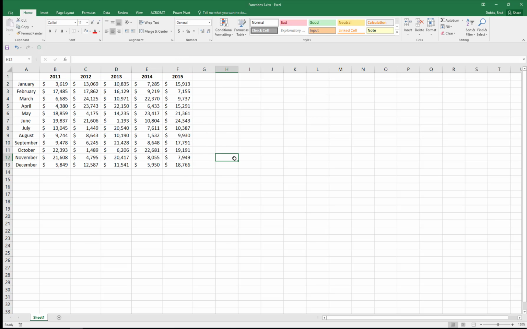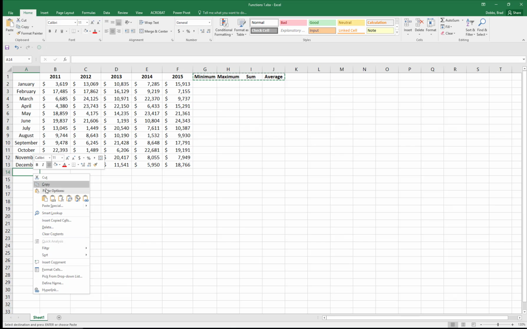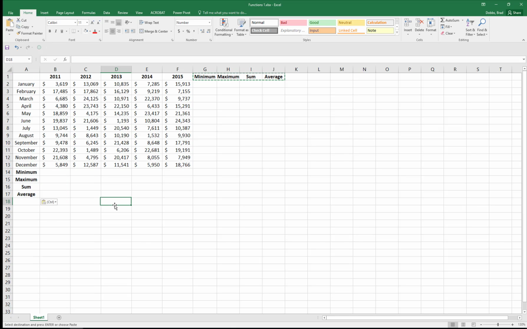There we go. Okay, some of the basic functions we're going to use, we're going to calculate the minimum, maximum, sum, and average. I'm going to control copy, control C. I'm going to paste special, transpose. All right, so I'm going to calculate the minimum for the year 2011 equals min, open parentheses, highlight, close parentheses,